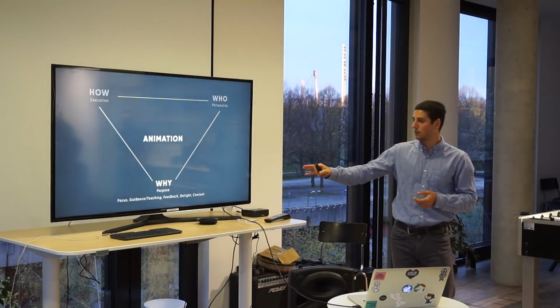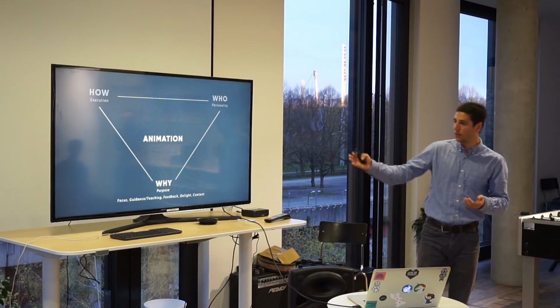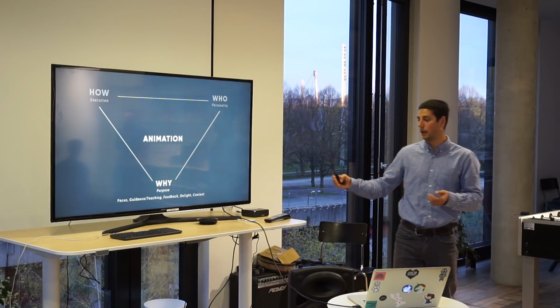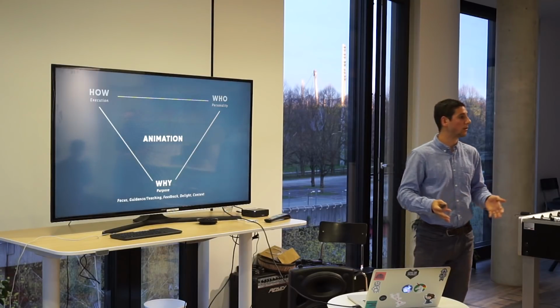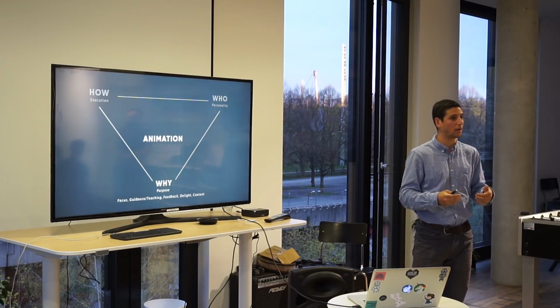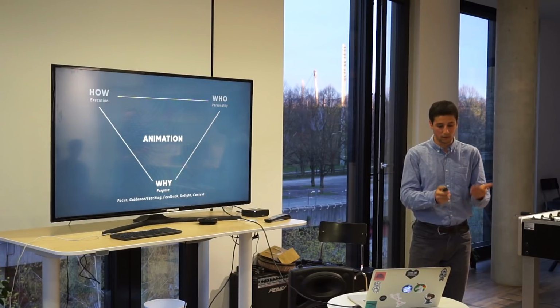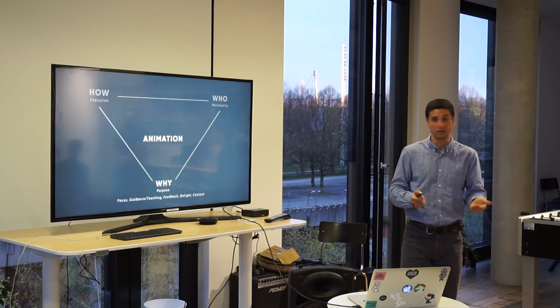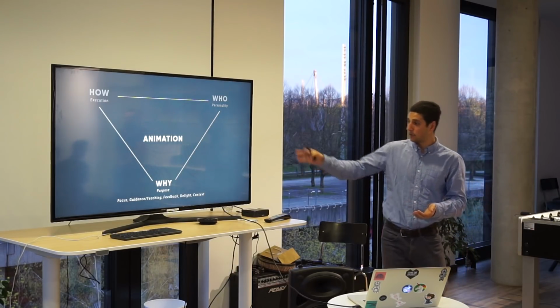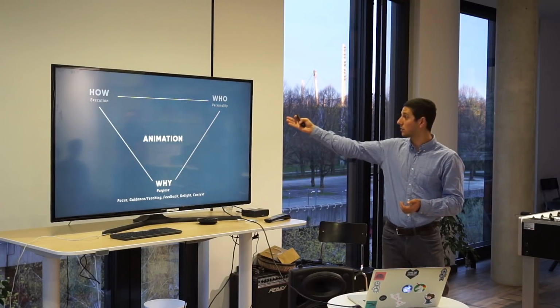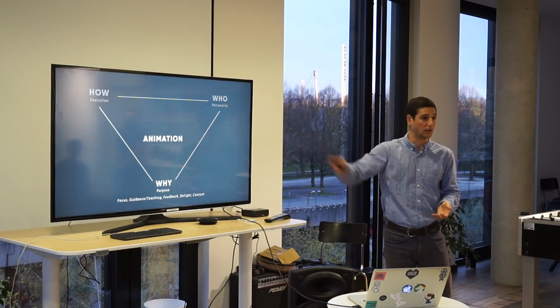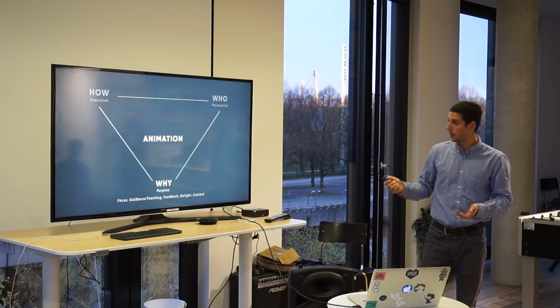So these are a few examples for purpose, or for why, right? Focus, guidance and teaching, feedback, delight and context. And it doesn't stop there, right? You need to define your own purpose and understand whether animation makes sense or not. But animation is a lot more than just the purpose, right? There's also the who, the personality, as well as the execution, the how. And if you look at this screen here,